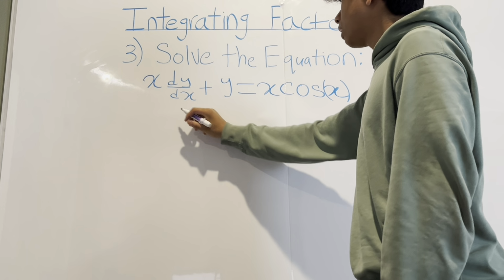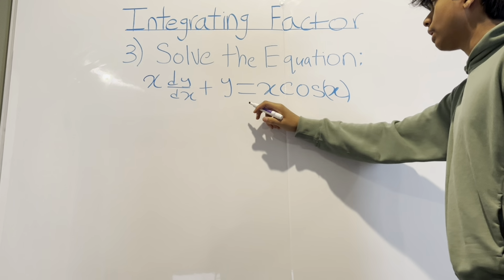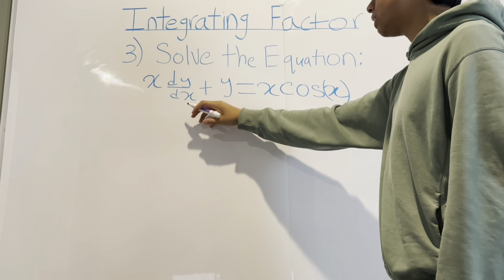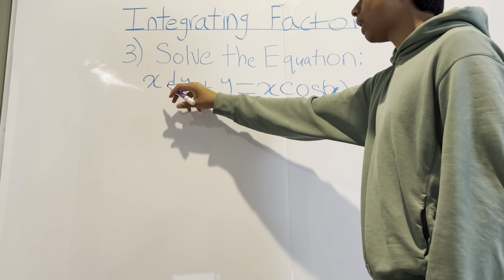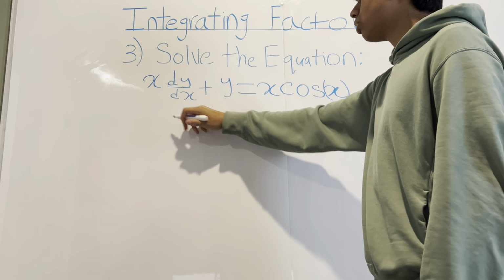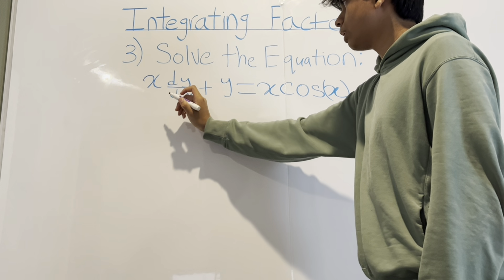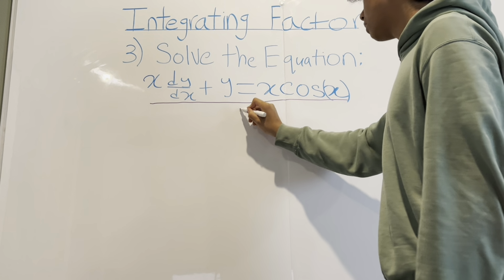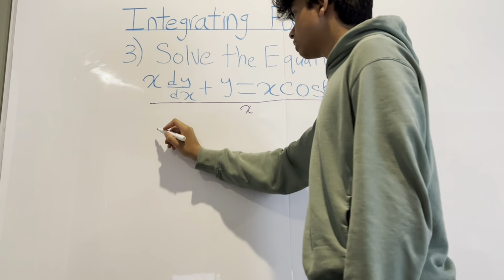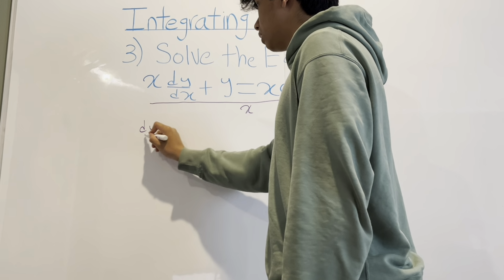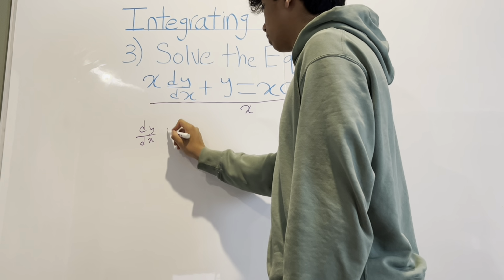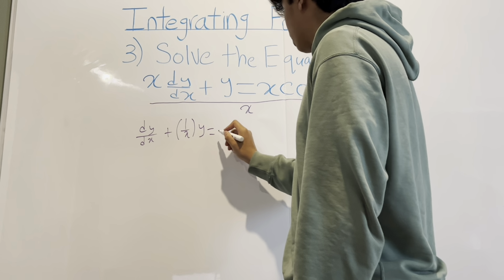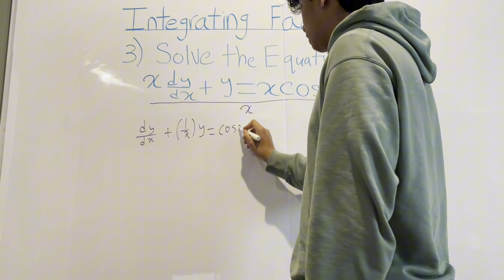Question 3, we have x dy over dx plus y is equal to x cosine of x. So one thing we have to see here is that there's actually a multiplier to dy over dx, so we have to get rid of that, and to do that we're going to divide the entire equation by x, so we just get dy over dx plus 1 over x y is equal to cosine x,